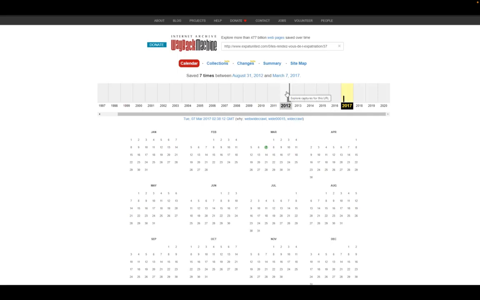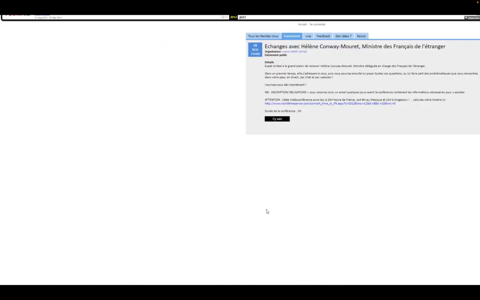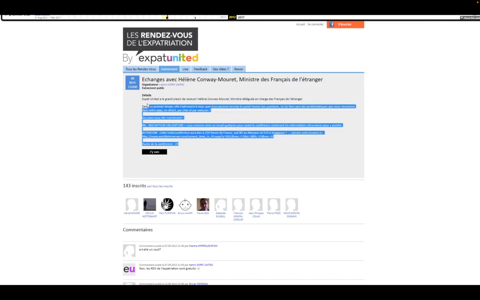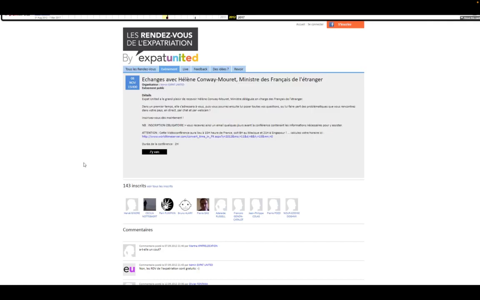So when we go back to 2012, this is when we're going to have the multiple captures of the actual page itself, and it's blue, so we'll be able to see the link itself here from way back is blue. The icon's blue, it's not green. Green means it's a 301, blue means the page is live. Blue essentially allows you to then go through in here, and you can copy and paste this content and rebuild